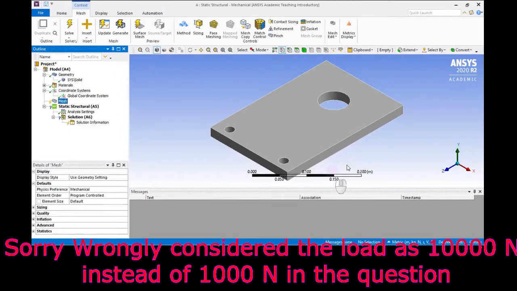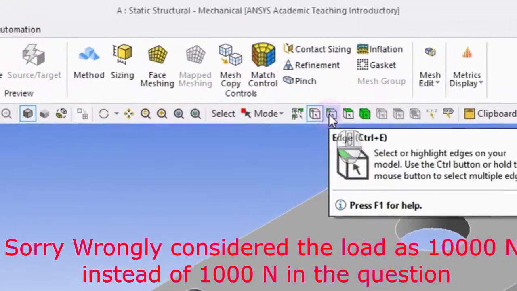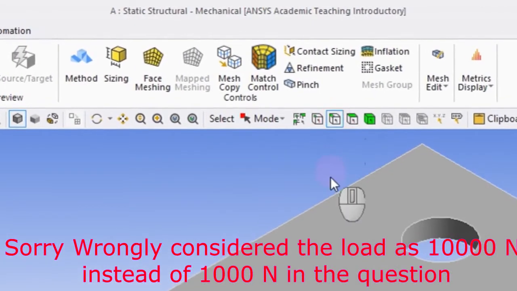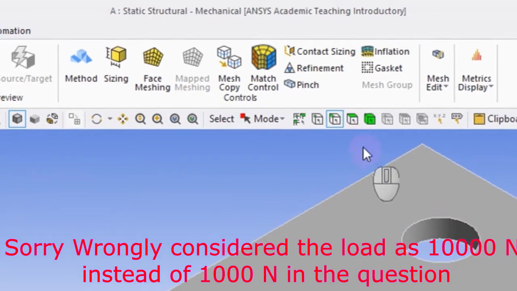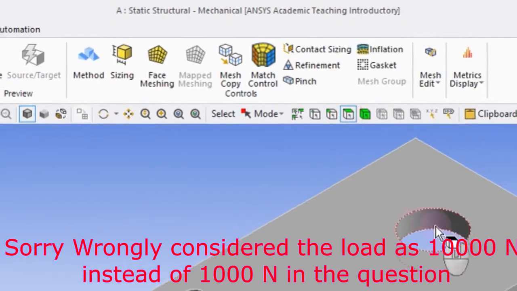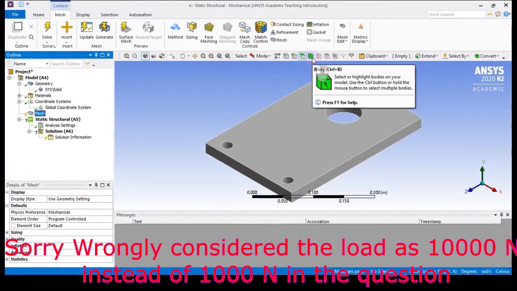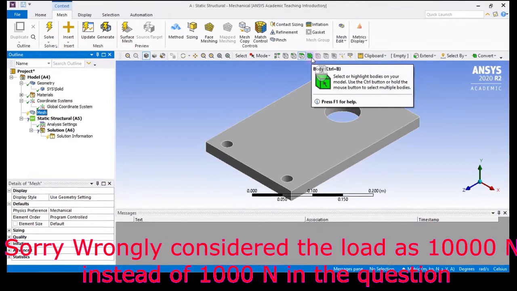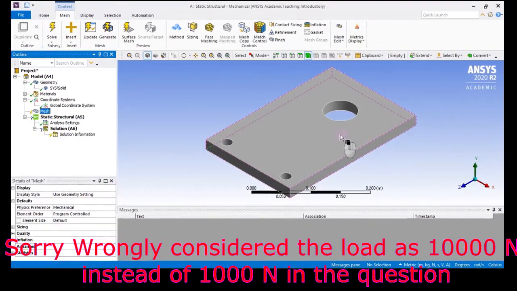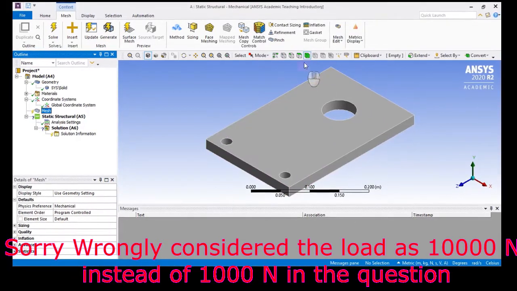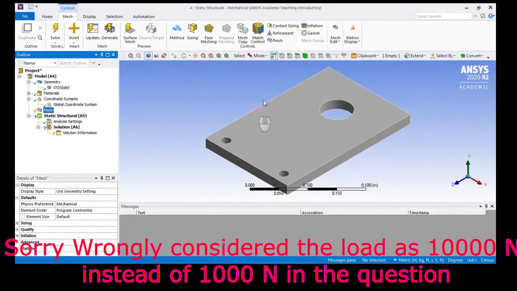You can see here, you can move only on the vertex. The second one is edge selection. When I select this, I can select only the edge. So it is filtering, you can see how it filters. The third one is face. You can select only the face. The fourth one is solid. If you have 2 or 3 solids, then you can select a particular solid. When I move here, the entire solid is selected, right? You can use these based on your boundary conditions. So this is one thing.